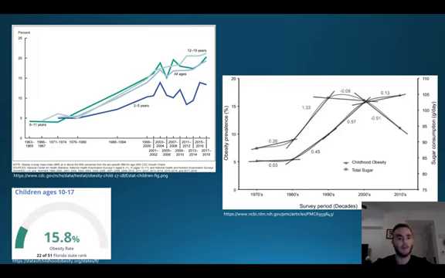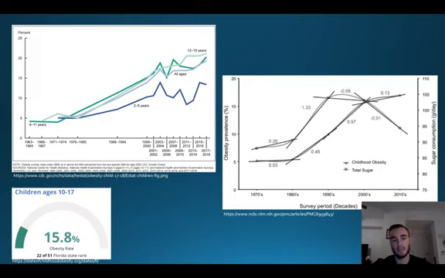Moving on to the graphic there in the upper left, this actually came from the CDC. So they were able to compile information all the way from 1963 up until 2018 when they published this graphic on their website. So I'm kind of focusing on that light green mint colored line there because that's the line for 12 to 19 years old, which matches our population pretty closely. So you can see when they started tracking that population in 1966 that the obesity rate was actually below 5%. So less than 5 kids in every 100 kids was obese back in 1966.